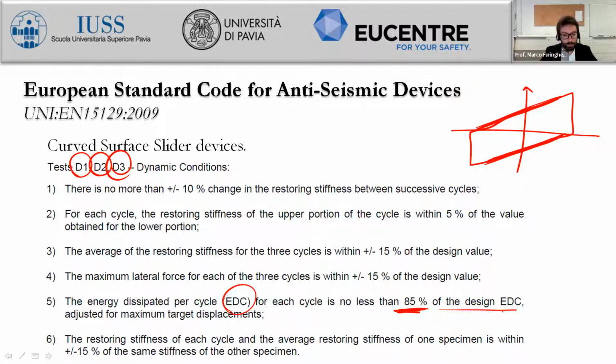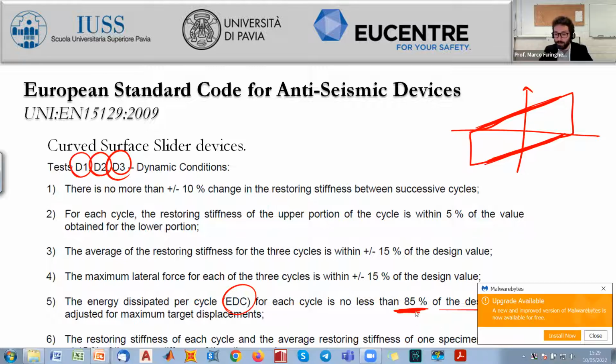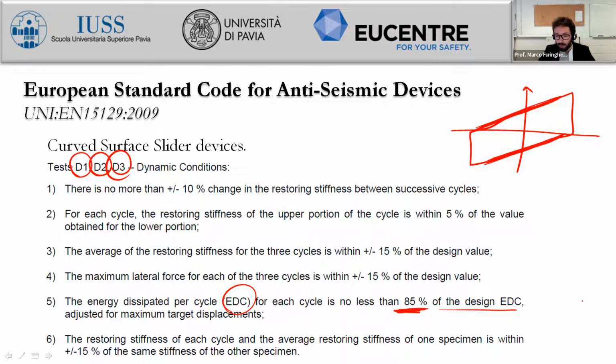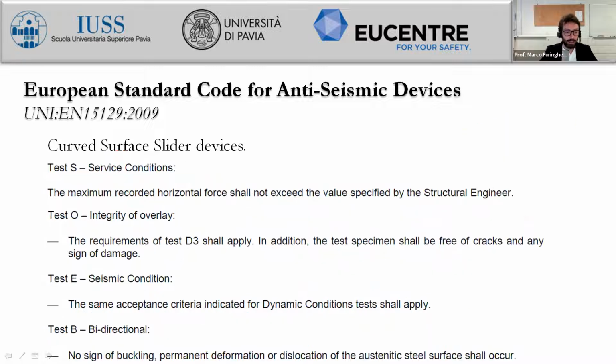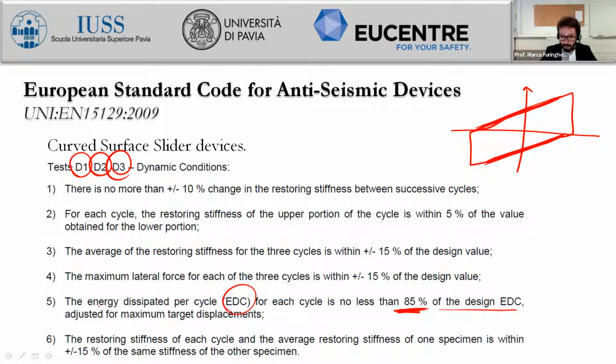And the restoring stiffness of each cycle and the average restoring stiffness of one specimen is within plus and minus 15% of the same stiffness of other specimens if we have multiple specimens for one contract. But the one important aspect is how to compute actually these restoring stiffnesses, because actually what we have is